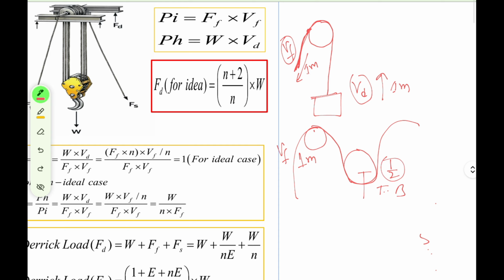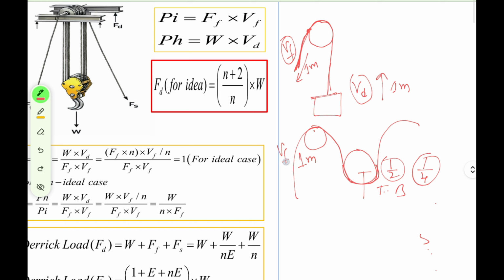So there is a very important relationship. What is happening over here? The number of lines is increasing. Earlier it was a single line, now the number of lines is 2, so it is half. If the number of lines is 4, then the velocity will be 1 by 4. So as the number of lines increases, we can say